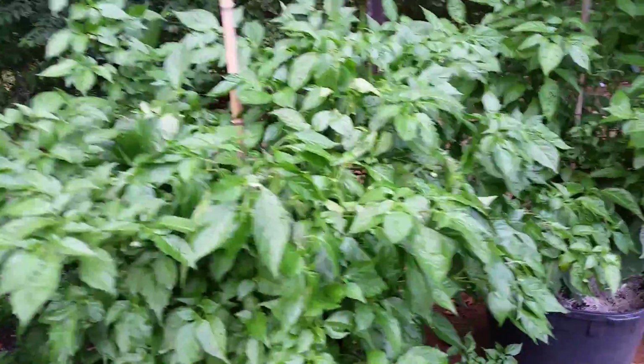Okay, peach ghost scorpion. And this guy didn't put out pods for a while, but once it started, I've got pods everywhere. These lower limbs, some starting on the higher tiers, but you can see there's plenty of pods on this guy, and there's even more you can see towards the back. And the plant is huge. Speaking of huge,